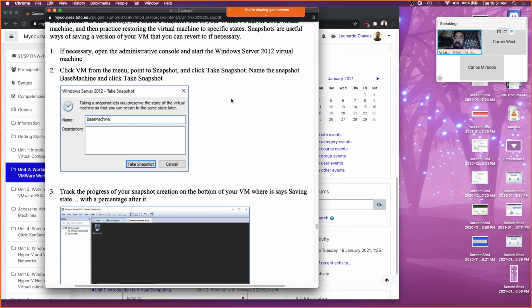I will recommend that you take them anytime you're about to do something and you're not sure what the outcome is going to be. Right before you start, take a snapshot. They do use disk space, but they only use as much disk space as the stuff that you've changed. So let's say that